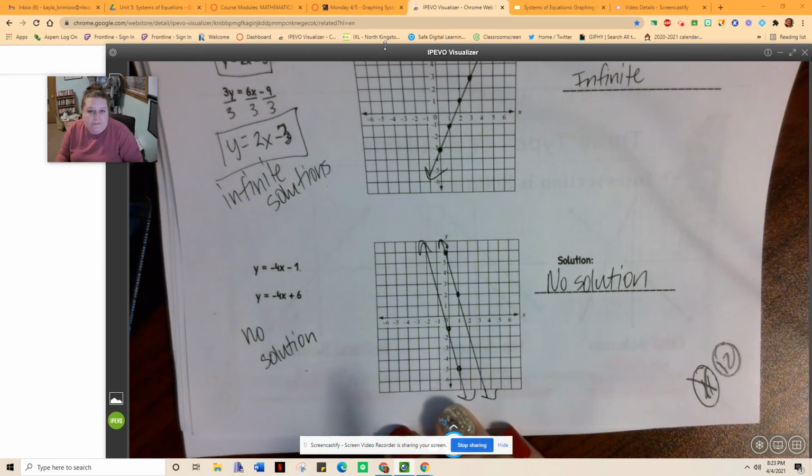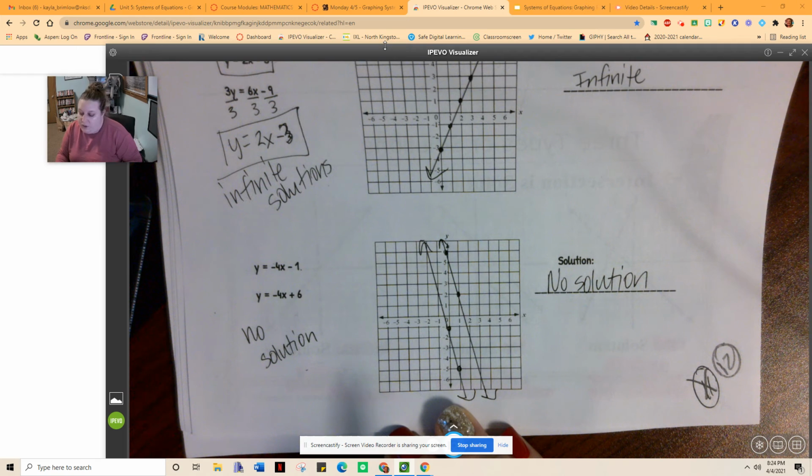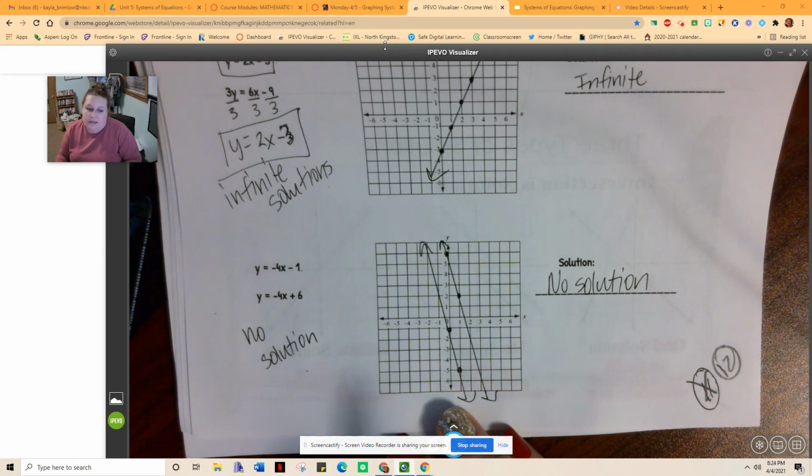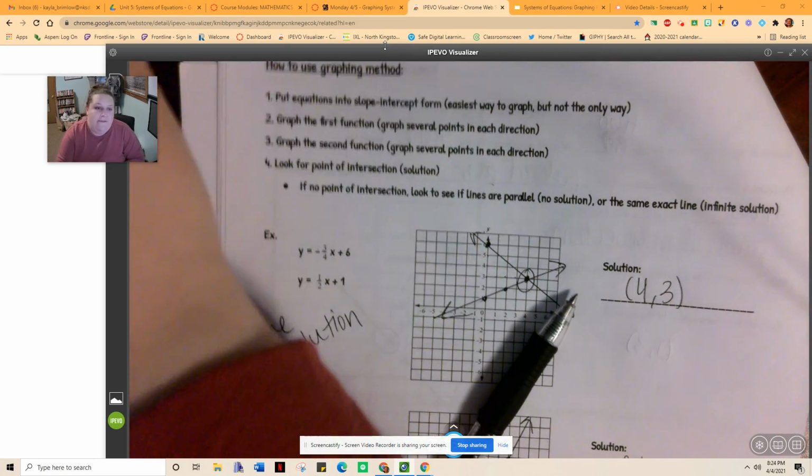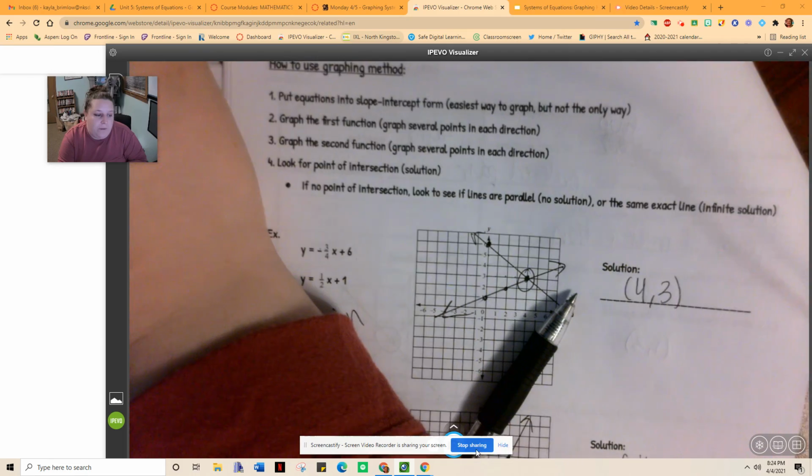So now you should be able to identify the types of solution by inspection of the graph or by inspection of the equations. And you should be able to graph a set of systems of equations. So you can go ahead and continue practicing either in your packet or whatever's been posted in Canvas. If you have any questions, please let me know, and